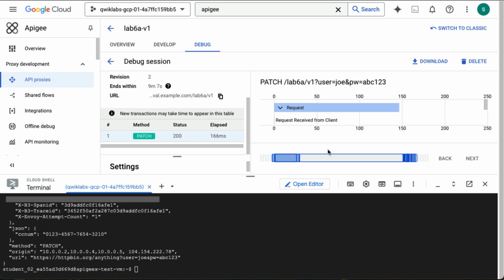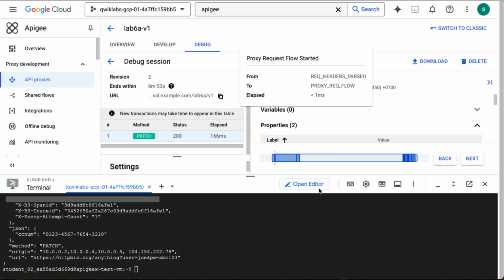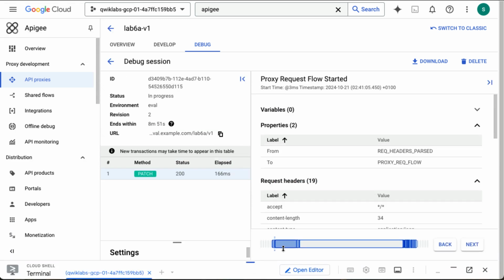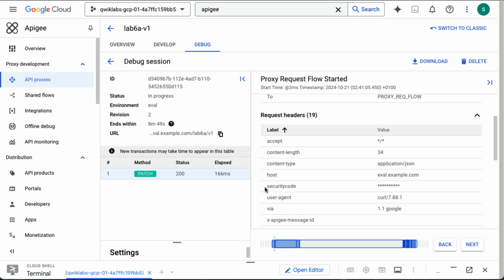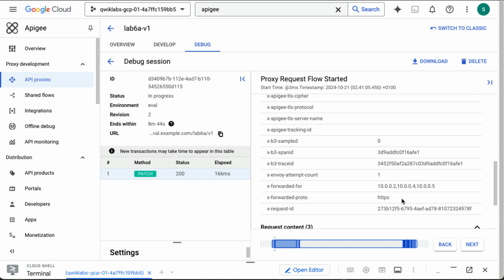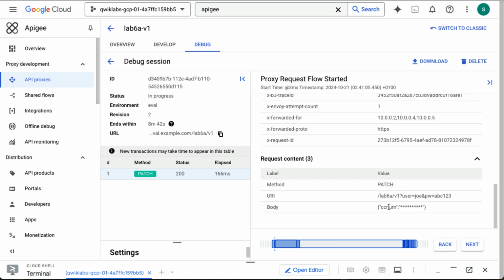So let's take a look at this, right? So it's going to be here in the proxy request flow. Started. Maybe remove this one. Yeah. So here the security code equals all stars, and then in the body the cc_num equals all stars as well, right? So it doesn't show up in the debug view,